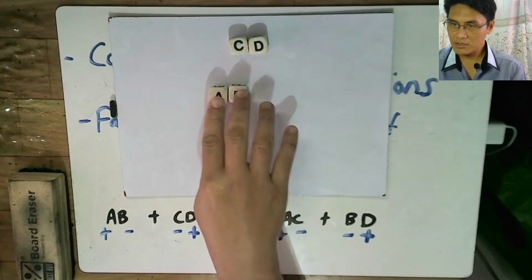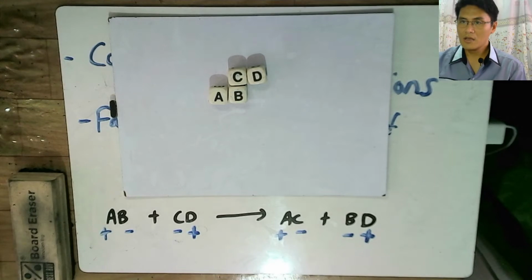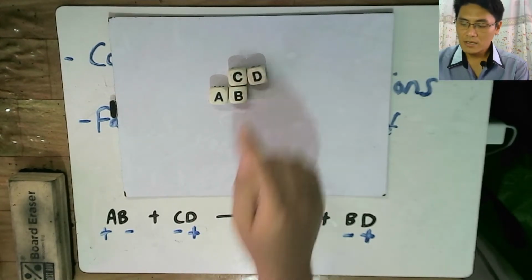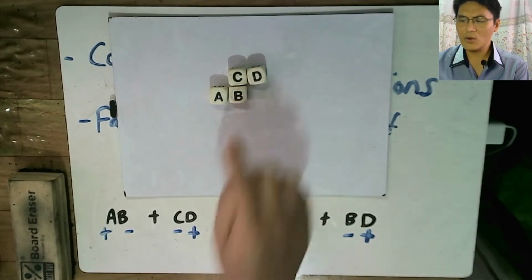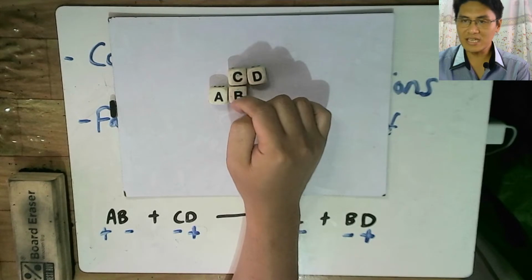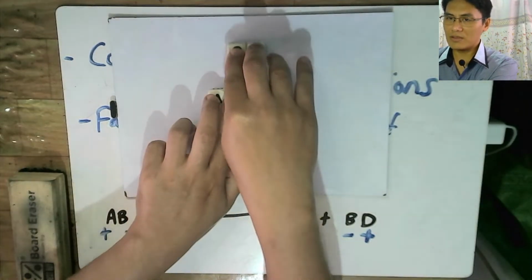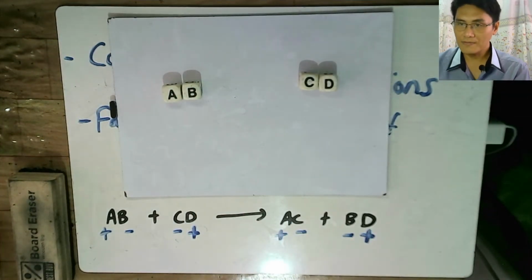This goes towards the top, this goes towards the bottom, and they collide like that. So now B and C are colliding, but B is negative and C is negative. So they have no affinity to stick to each other. So what will most likely happen is that when they collide, they will just bounce off and nothing happens. There's no chemical reaction,